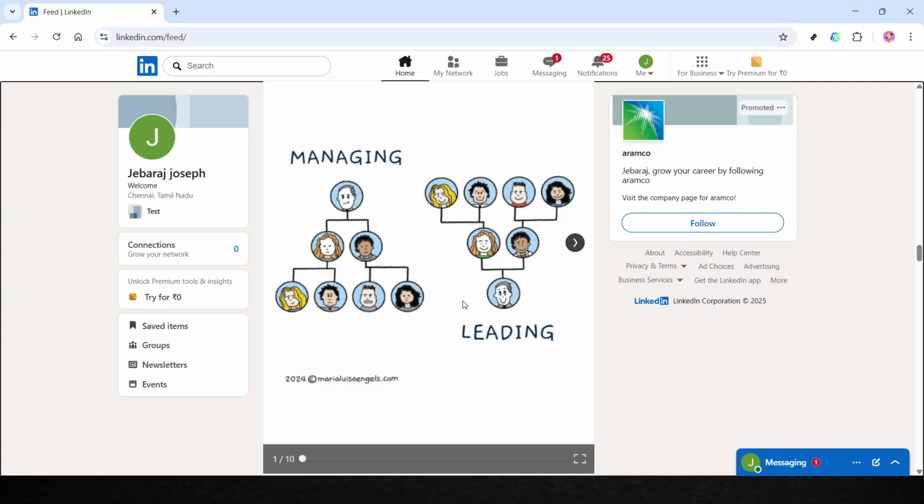Once you're on the main LinkedIn homepage, you'll need to log in. You can do this through various methods. Sign in with your Google or Microsoft account for quick access, or if you prefer, use your email address